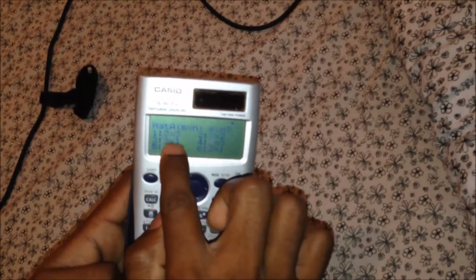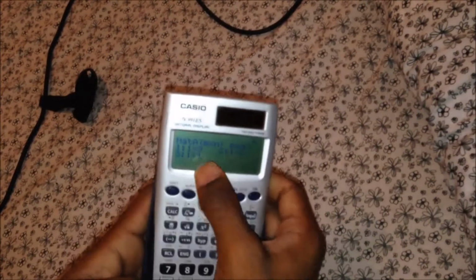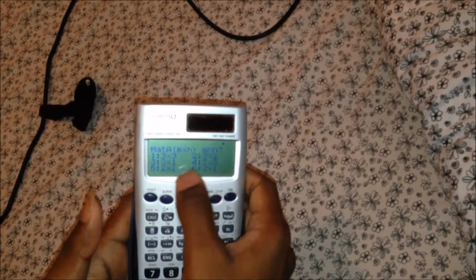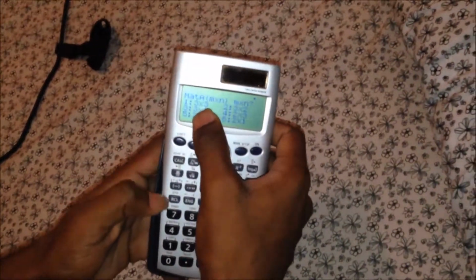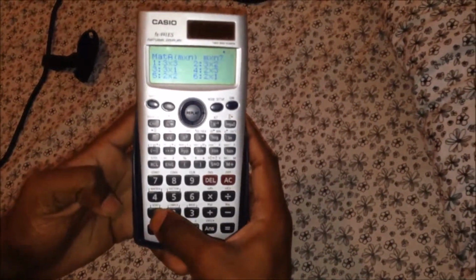and here we have options. The matrix is 3 by 3 matrix, or 3 by 2, 3 by 1, or we have some more options. We'll go down 1 by 3, 1 by 2, 1 by 1. I will choose 3 by 3. We can solve easily 2 by 2, 1 by 1, or 2 by 1 matrices, but calculating 3 by 3 and higher order is a difficult task. So I'm selecting 3 by 3 matrix number 1.